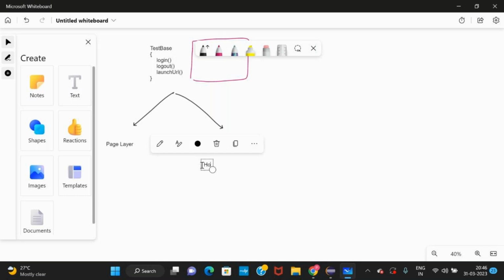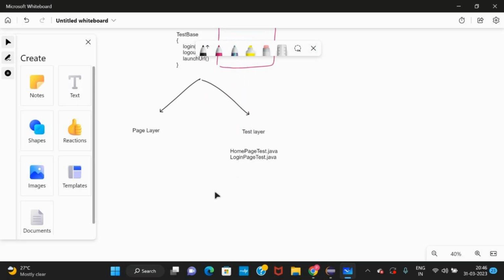The names will be like HomePageTest, with the name ending in Test and .java, maybe LoginPageTest. There will be the name Test for the test layer classes. And for the naming convention of a class, we know it starts with a capital letter and the next word's first letter is also capital.